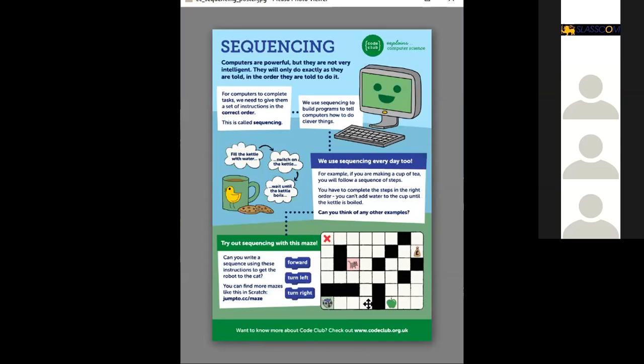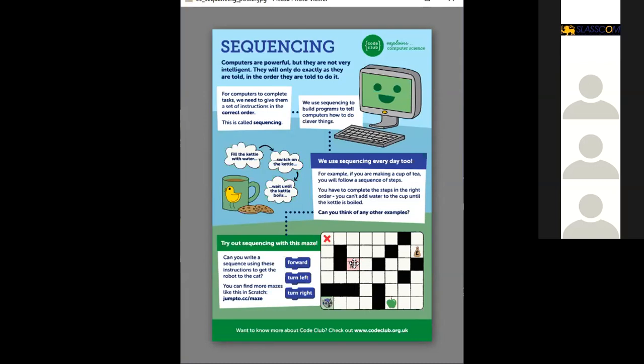Just think again. Hold on, let me explain the first few steps, then you will realize. This is the robot. You have to go forward, forward, forward, turn left, forward, forward, forward, turn left, forward.